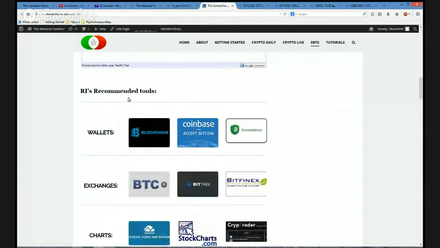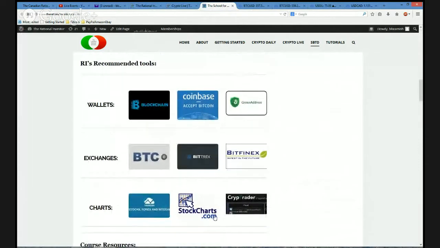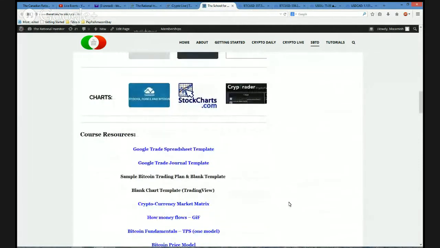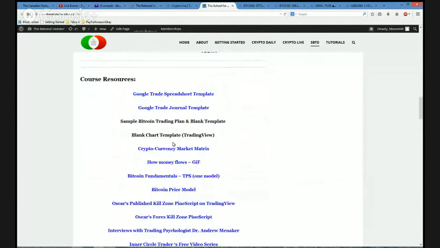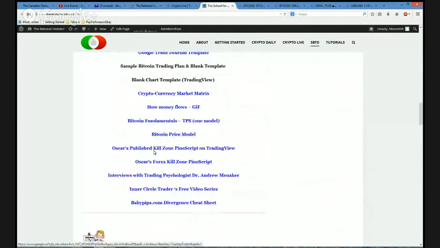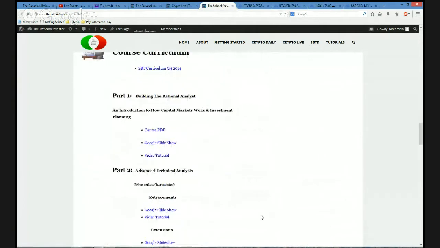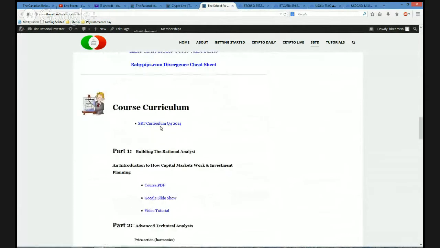We go through a number of different recommended tools that we use, and make sure that our students are all up to speed. There are lots of different little teaching tools that we have through the course. We have the course curriculum itself. You saw, off of the front page, just that quick 5-page summary. This is basically that document in detail. It's about 20, 30 pages.